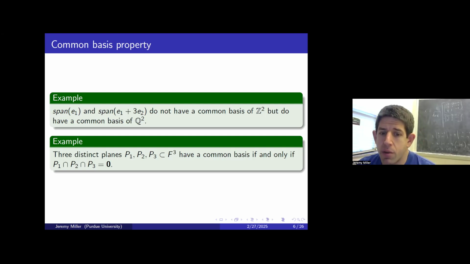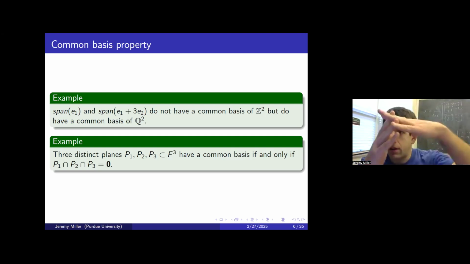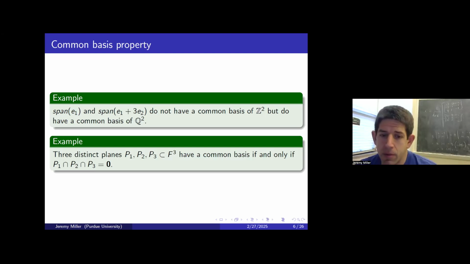So if you consider three two-dimensional planes in three-dimensional space, let's say they're all distinct, you can ask, when do they have a common basis? And the answer is if the three of them intersect at the origin. Oh yeah, everything is subspaces, they're not affine subspaces. But you could have three planes that intersect at a line, for example. Three distinct planes in three-dimensional space can intersect at a line,